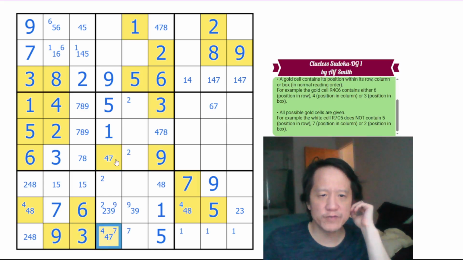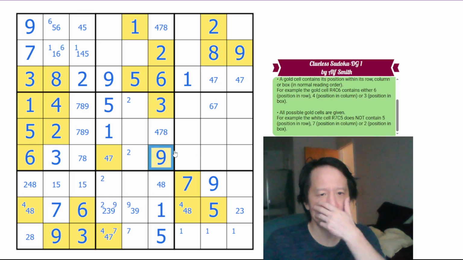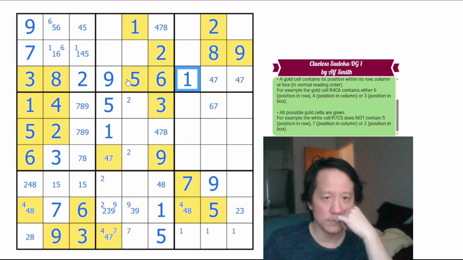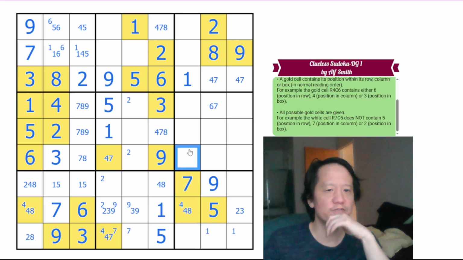We have a 4, 7 pair in the lower left boxes, positions. So this can't be 4, 7. This can't be 4, so this is 1, which means this can't be 1 here. In the lower, this can't be 1 either. In the lower left positions of boxes, we have 1,